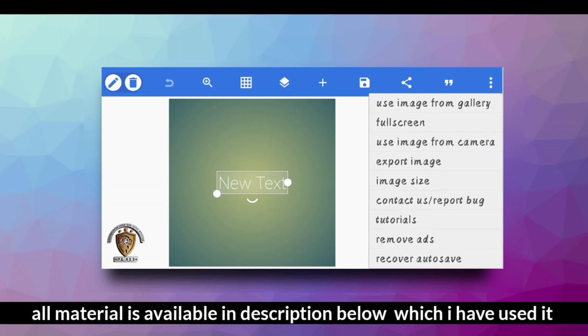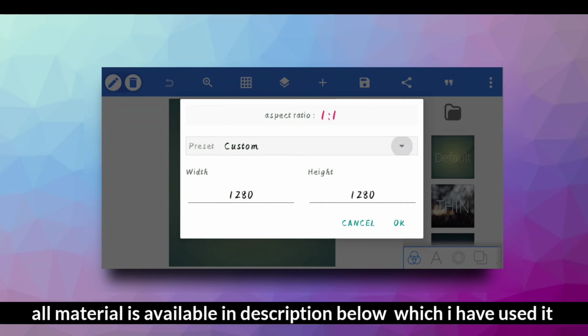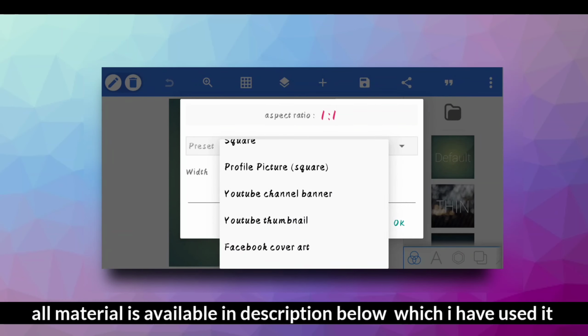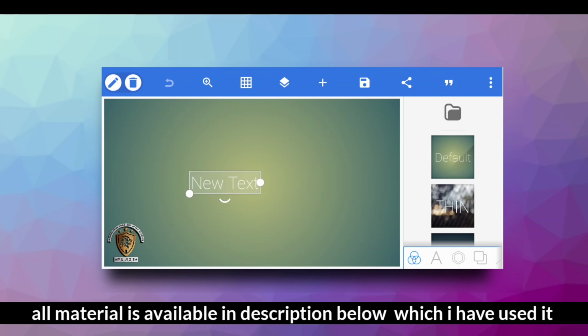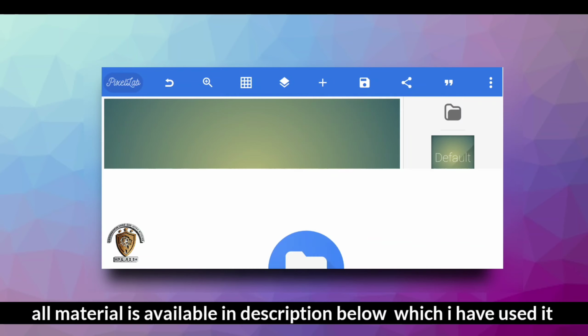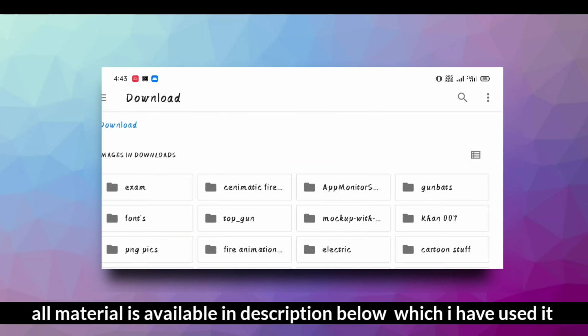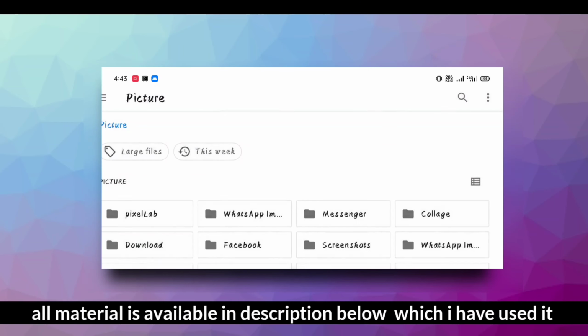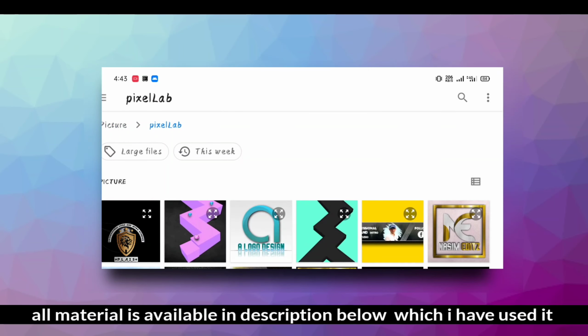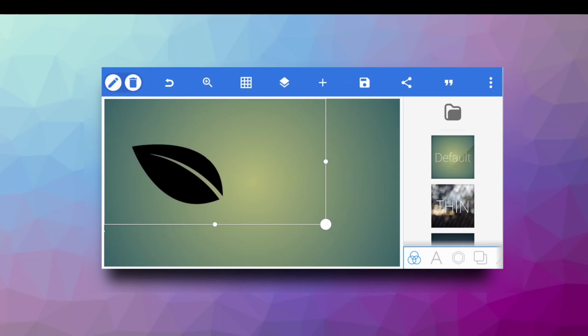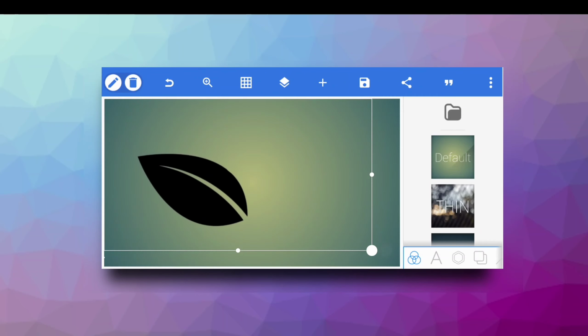First of all, select the image size as you need it. Okay, and click on OK. Delete the text, and then I will give a link in description below for this leaf PNG, so it will be easy for you to make it. So as I added this,